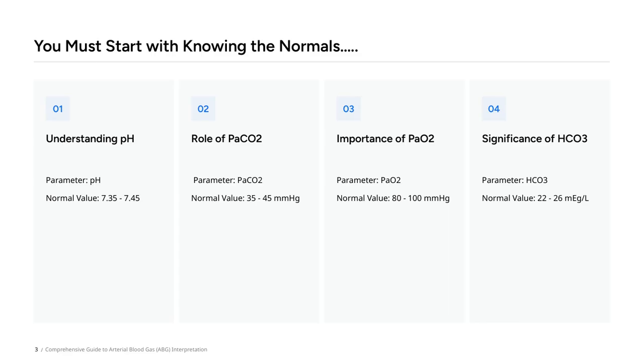maintaining acid-base balance. Finally, pH indicates the acidity or alkalinity of the blood, with a normal range of 7.35 to 7.45. Understanding pH is fundamental because it summarizes the overall acid-base status, influenced by the levels of HCO3 and PaCO2. By thoroughly knowing these normal values, we set the foundation for accurate interpretation of ABGs, which is the core of